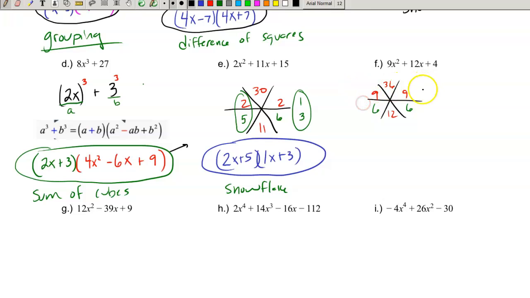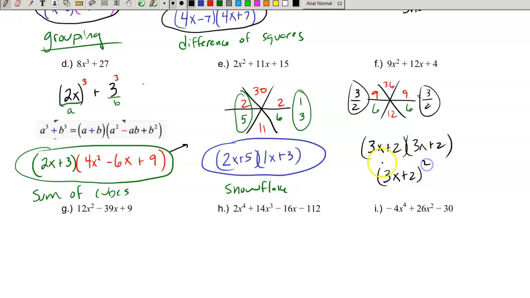But remember, first I want to reduce these columns. So 9 over 6 becomes 3 over 2. And then this also becomes 3 over 2. So this one's going to be 3x plus 2 and another 3x plus 2, which means that this was a perfect square, because I can write this factoring as (3x plus 2) squared, and there's my factoring. Now the method that I used here was snowflake,